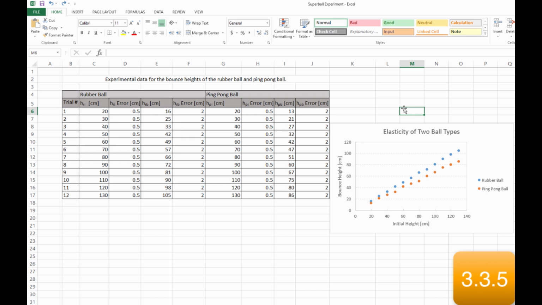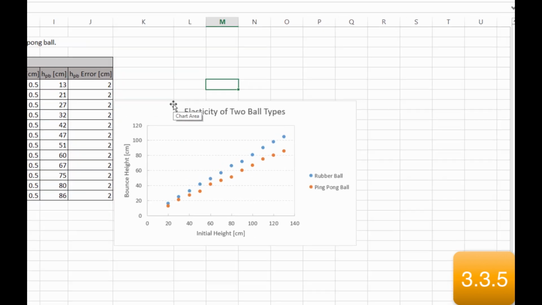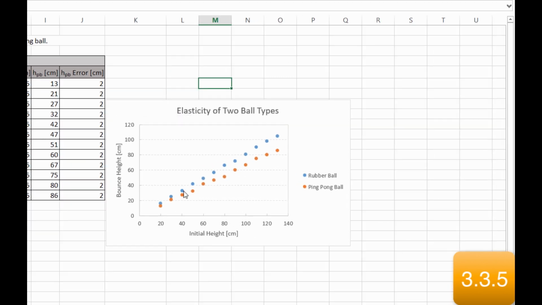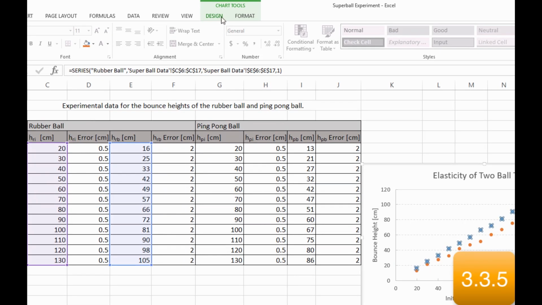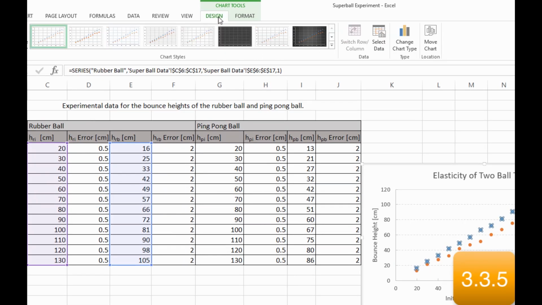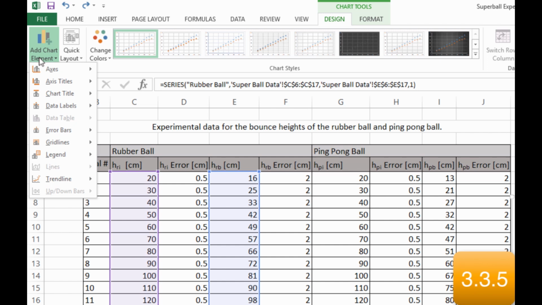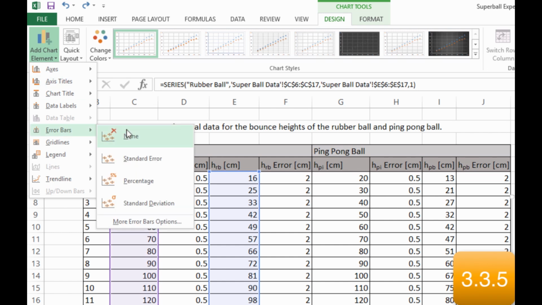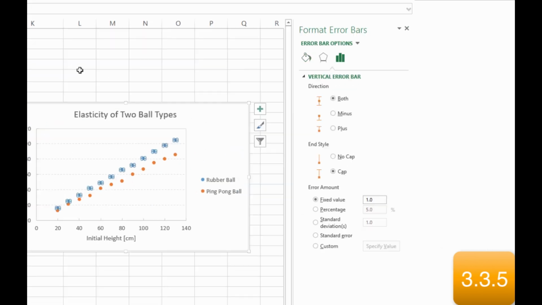The first step is to open the Error Bar Options toolbar. To do this, click on any of the rubber ball data points to highlight all the points in the series. Under the Chart Tools Design tab, select the Add Chart Element button in the Chart Layouts group in the top left corner. Under Error Bars, select More Error Bars Options to bring up the toolbar on the right side of